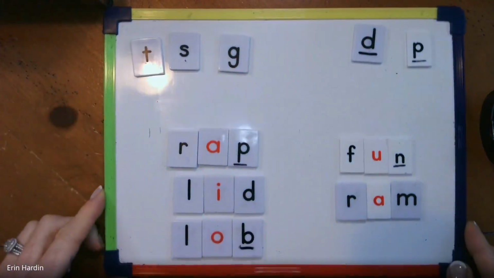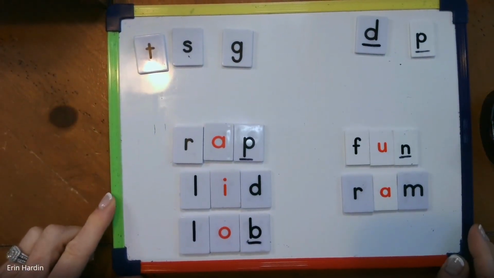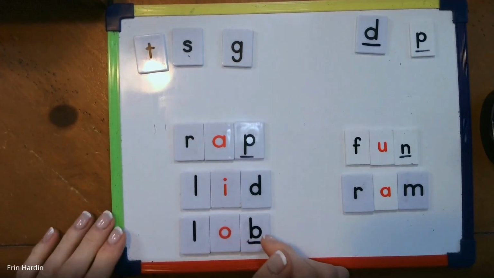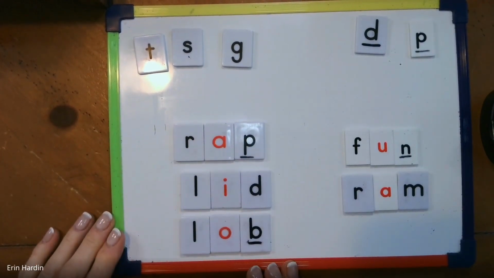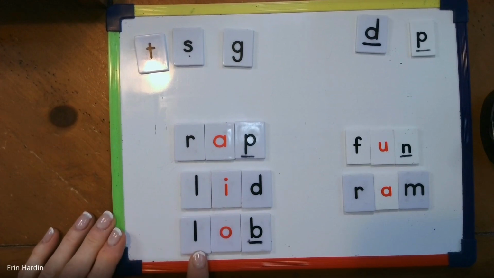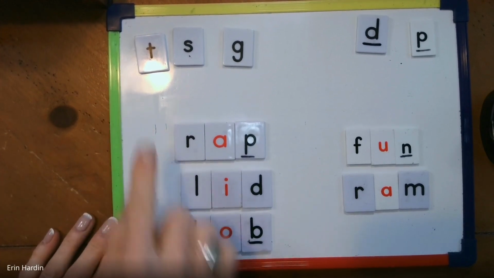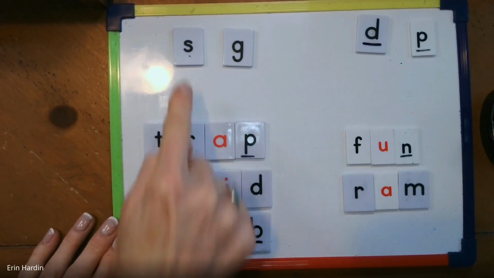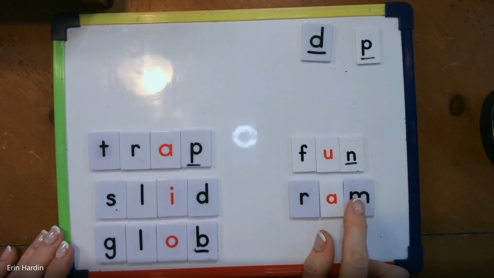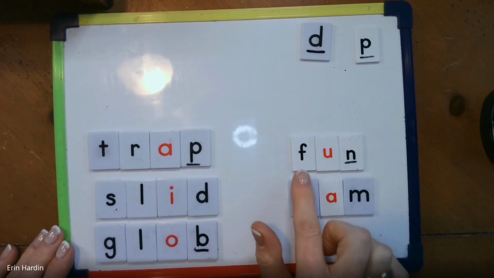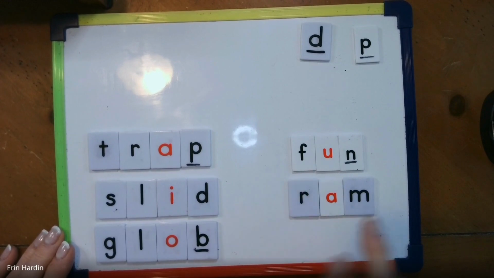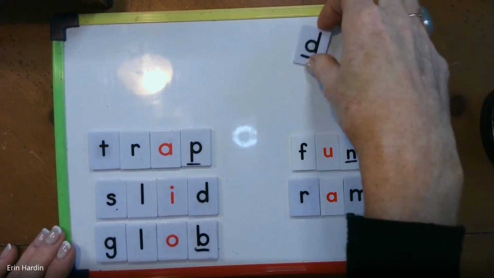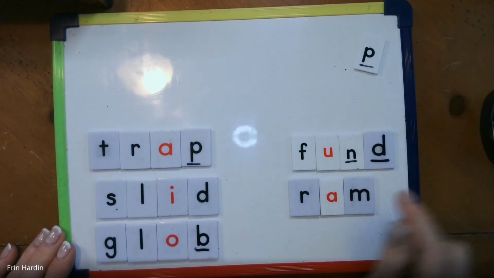Another way, an alternative to using flip cards, is you can use letter tiles. And you can invite the child to build CVC words such as rap, lid, and lob, and then add another consonant. And then blend the sounds together. Trap. You can do the same for ending blends. Invite them to build some CVC words such as fun and ram, and then add a consonant to the end to make that ending blend. Fund